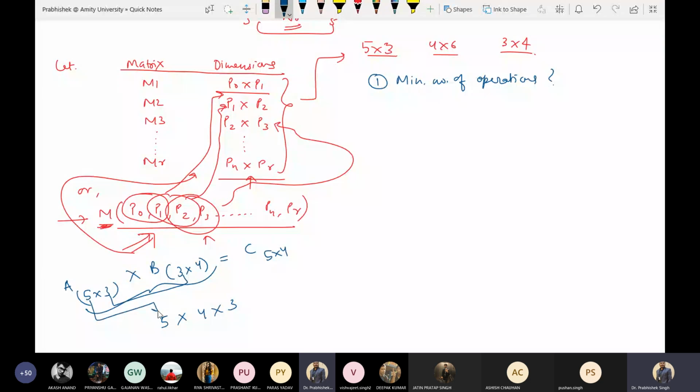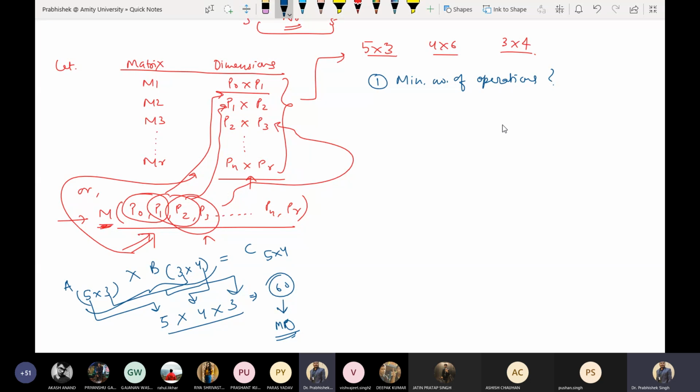ये 5 कहाँ से आया? यहाँ से आया। ये 4 कहाँ से आया? यहाँ से आया। ये 3 क्या है? जो कॉमन 3 है, ये आपका यहाँ से आया। तो इन सबको मल्टीप्लाई कर दीजिए। 5 into 4 कितना होता है? 5 into 4 है 20, और 20 into 3 होता है 60। तो टोटल नंबर ऑफ कितने ऑपरेशंस चाहिए? हमको यहाँ पे 60 मल्टीप्लीकेशन ऑपरेशंस चाहिए। ठीक है। तो दिस इज व्हाट इज कॉल्ड एज अ टोटल नंबर ऑफ ऑपरेशंस।